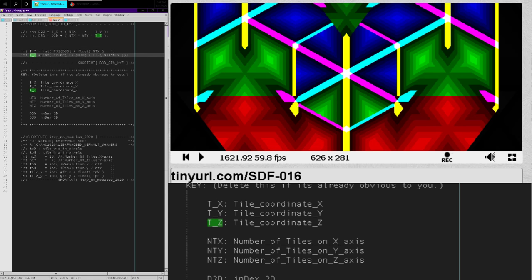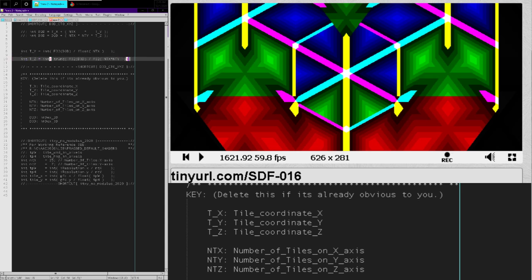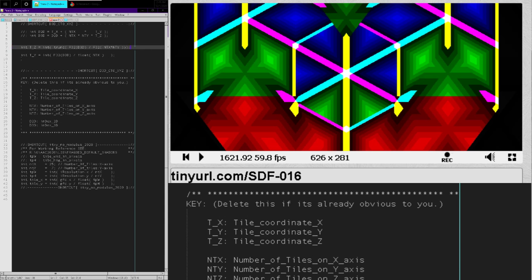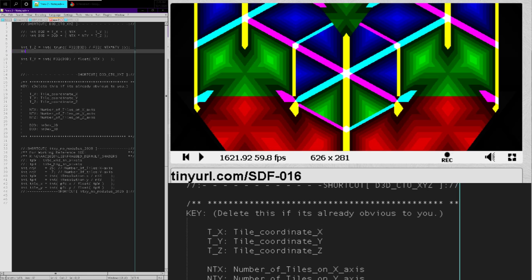Or actually, no. After we've derived z, it's kind of wonky the way we're going to derive this. But no, actually, after we derive z, we have to derive